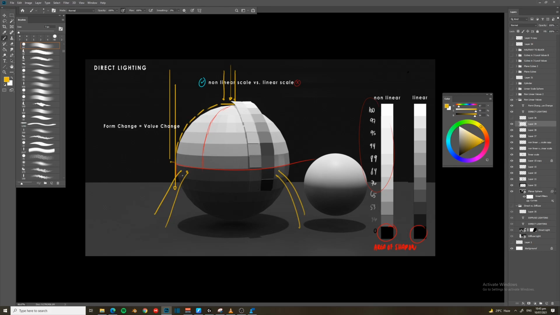Okay, and then that actually transitions into something like this, into a very, very smooth object. We're just using this planar sphere to really emphasize that concept of form change equals value change. And then you always have to think about that on this area, you have to keep your values close because we're just dealing first and foremost